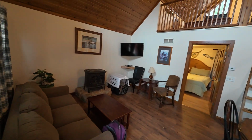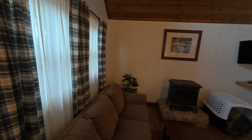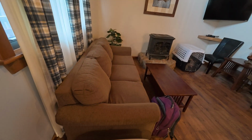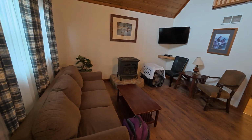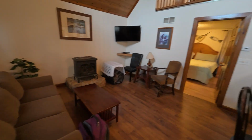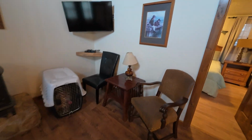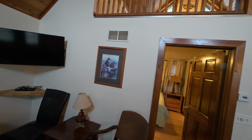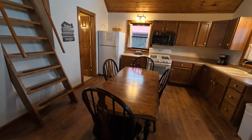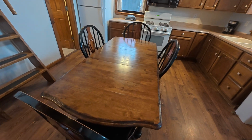As we enter inside, close the door because it is cold. We have our sofa bed, little gas fireplace, TV, two chairs with a table, over to the right here we have the dining room table with 4 chairs,